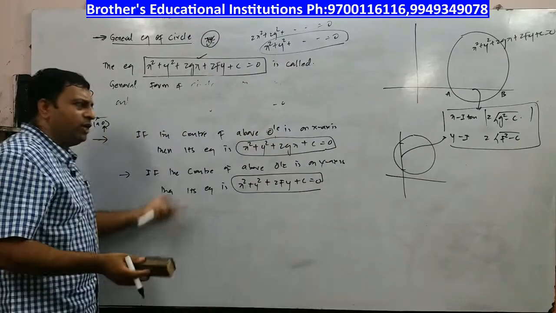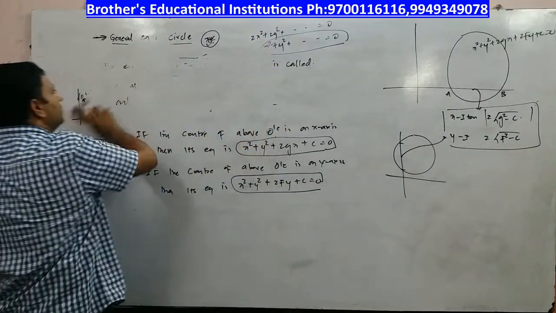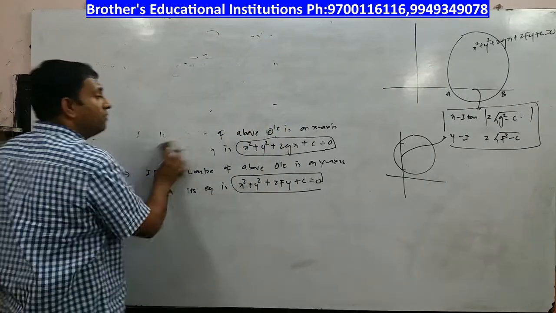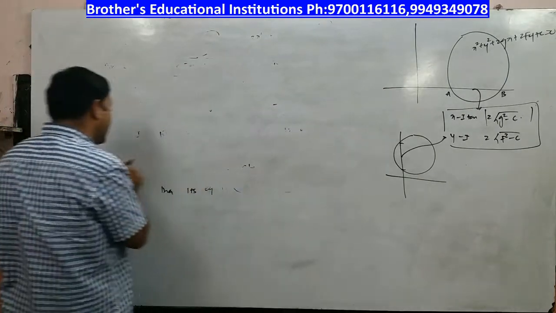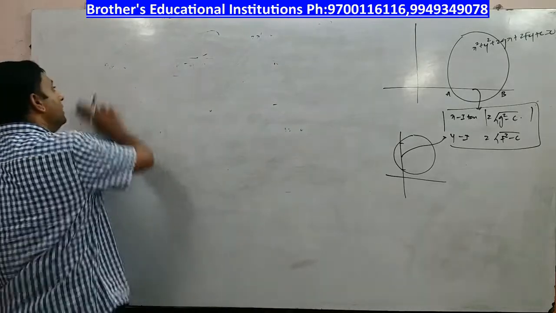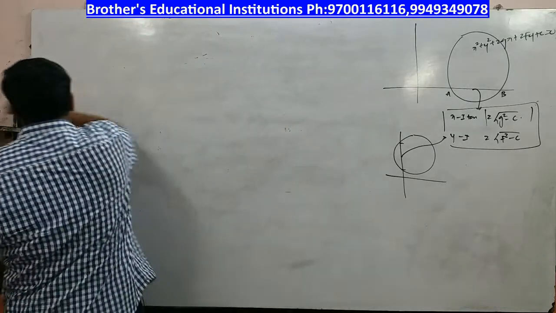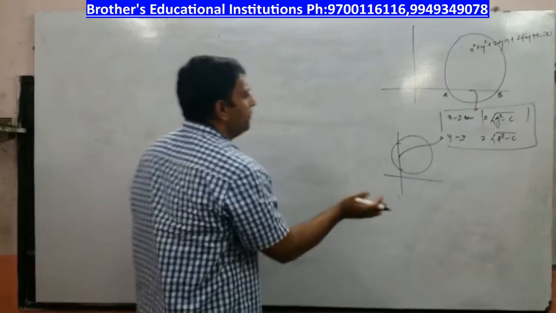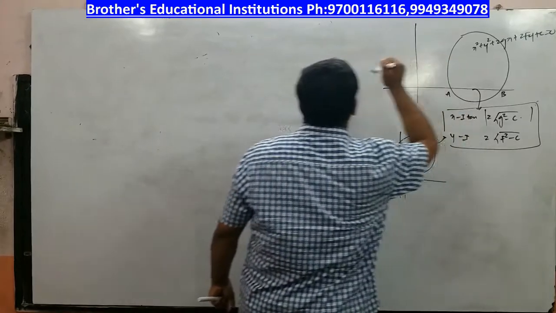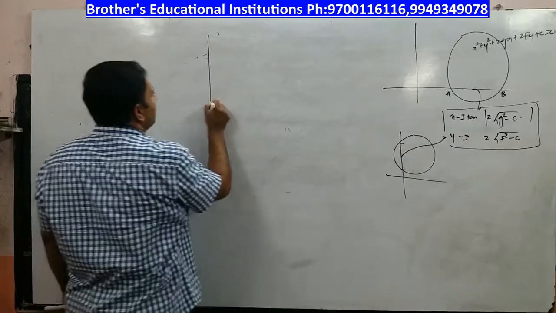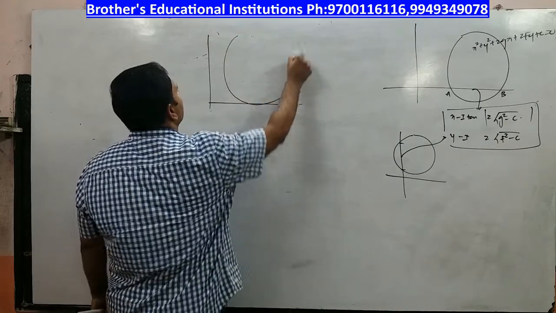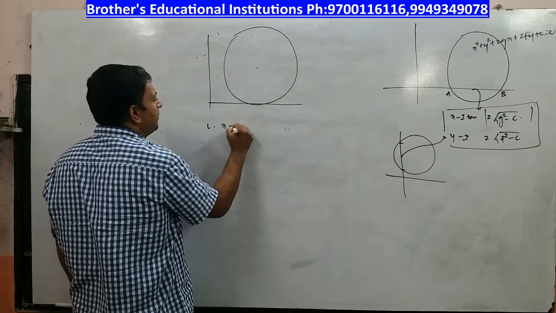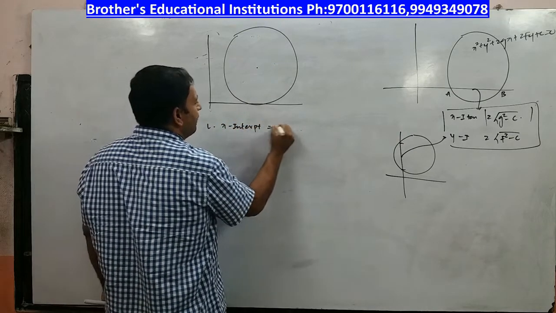I'm sure you are pausing the video and copying the notes. So we'll go to the next concept. If this circle, instead of marking some length, touches the x-axis, what will be the scenario? Imagine, instead of making some length, this particular circle is moving above, just like a moon. When it moves above, what happens to this length? Automatically the length will get reduced. So if our circle touches the x-axis, then the length of the x-intercept will be 0.